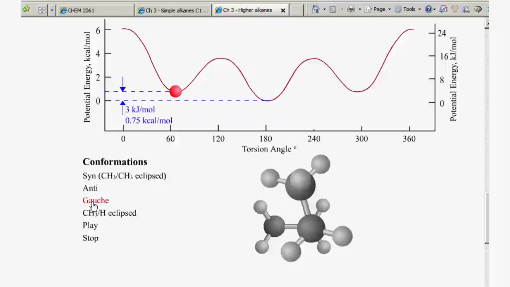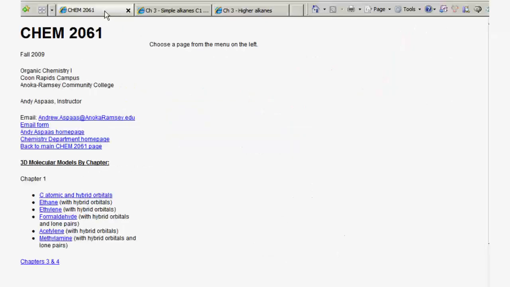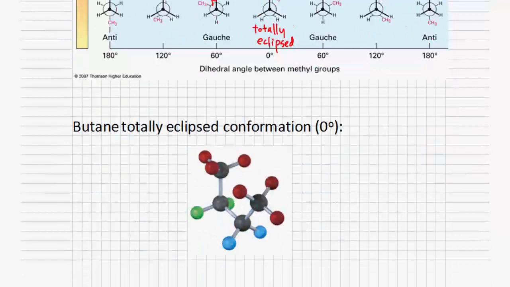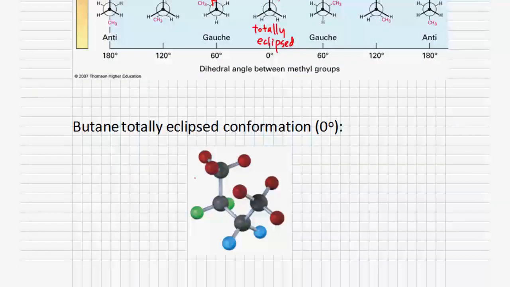So I think that's about it. Please familiarize yourself with these terms as you're building your models. Make sure you can be looking at a butane from the side, rotating it all the way, asking yourself whether this one is better than or worse than the one that it came from. Understanding that the highest energy conformation of butane is this totally eclipsed conformation, because first of all, there is steric strain,